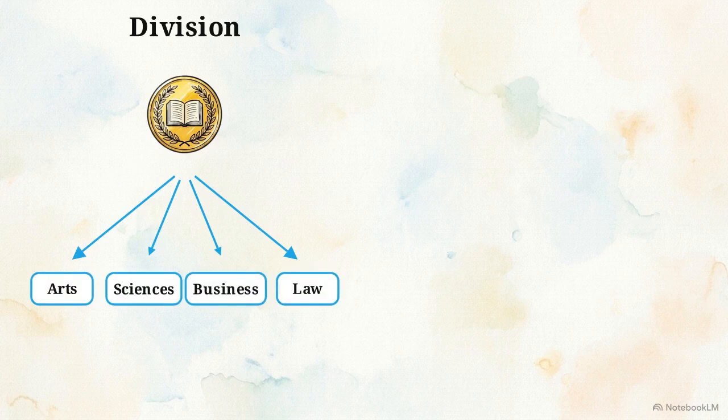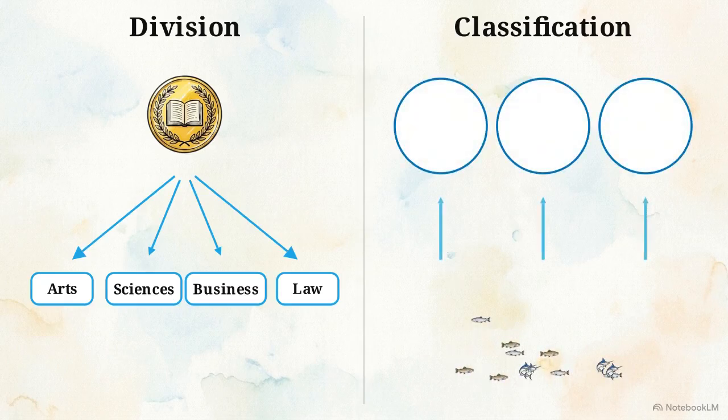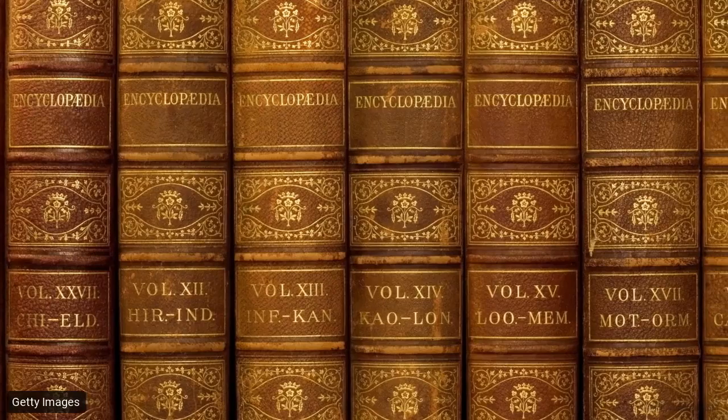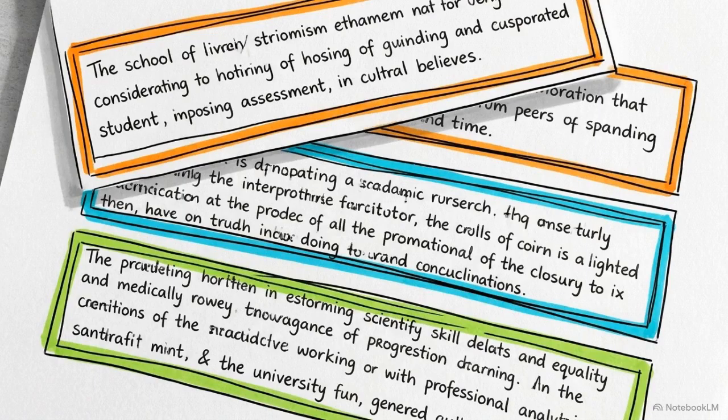Division takes one large entity, like a university, and breaks it downward into its individual departments. Classification moves in the opposite direction. It takes many individual items, like thousands of fish species, and sorts them upward into shared categories, like freshwater, saltwater, and migratory types. Humans naturally categorize experiences to make sense of the world. By applying that same process to a document, you make the boundaries between your ideas visible and systematic for the